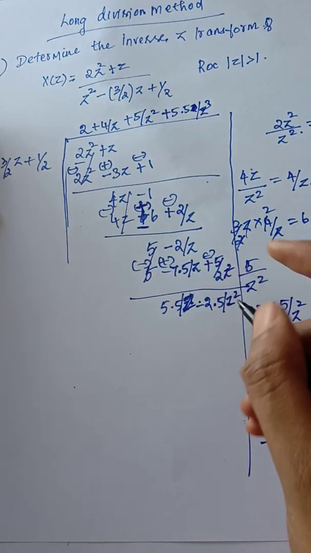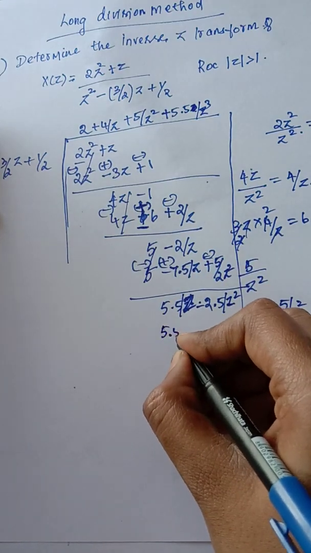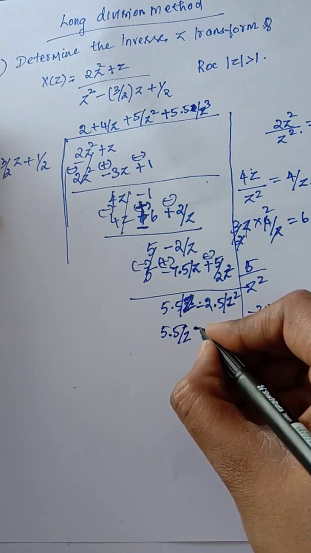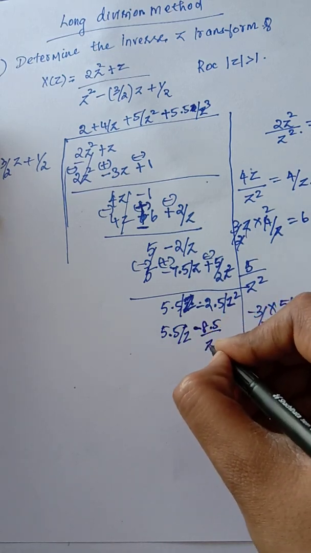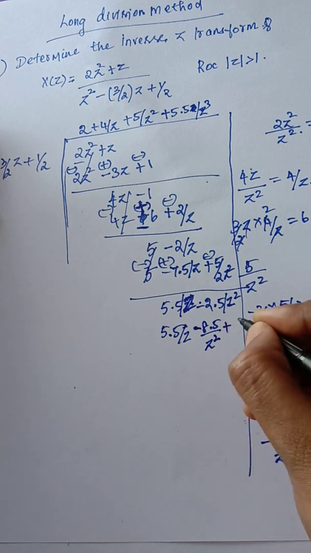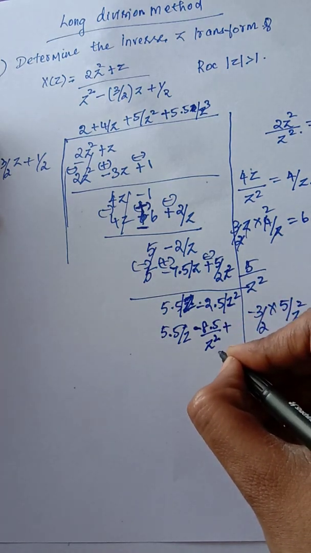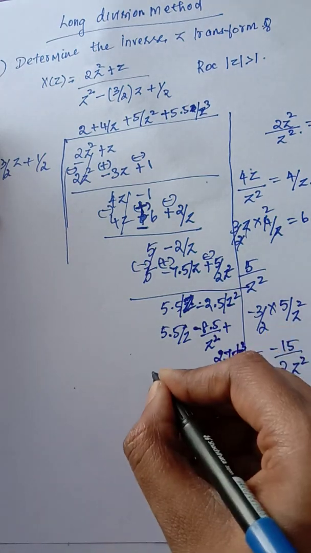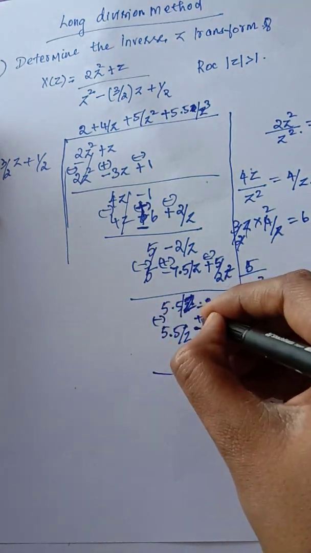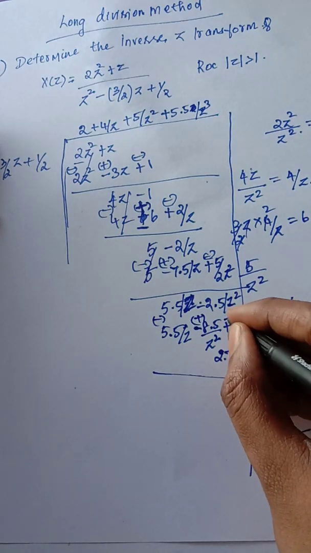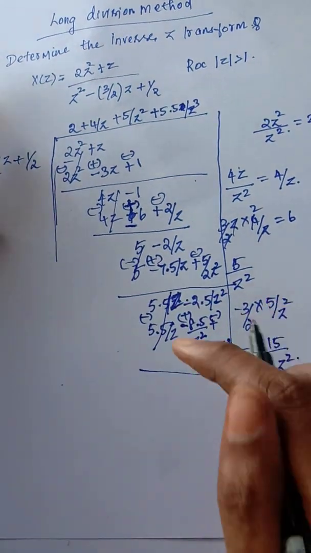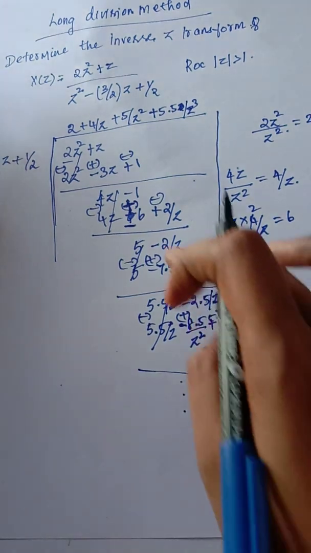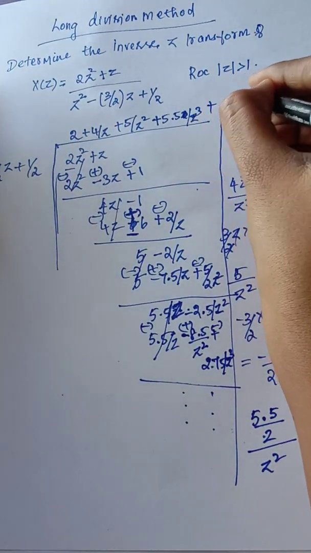Now when you multiply it, you will get plus 5.5 divided by z minus 8.5 divided by z square plus, I will write here as I am not having space, 2.75 by z cube. Now change the sign, minus, so this will get cancelled. When you simplify this you will get some answer. There is no need to solve it further; I am going to have only these 3 terms.